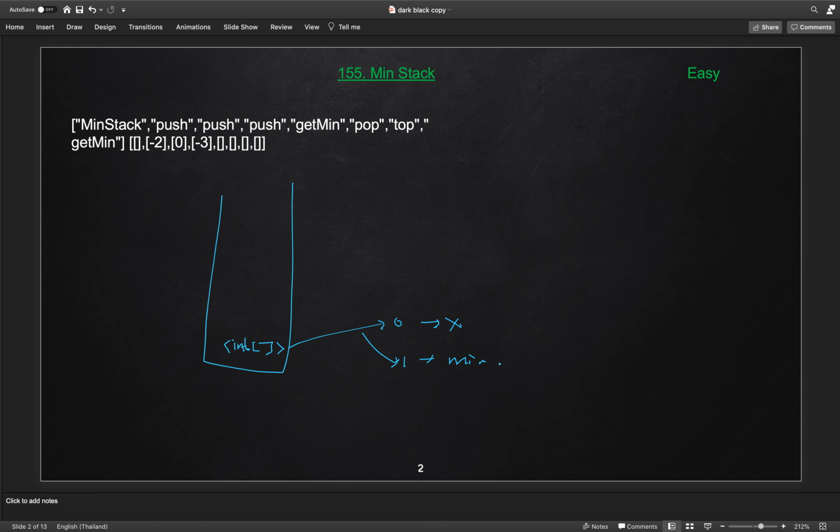Till that node, and the min value we will calculate the same way we did in the two-stack solution. So we will check the peek element if the stack is not empty and take the minimum of the current element or the stack's peek, and the minimum will be at index 1. So this is how we will check the minimum and store it.